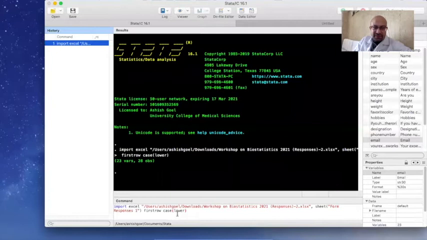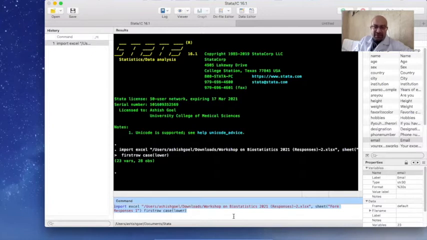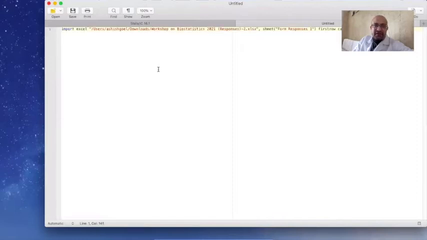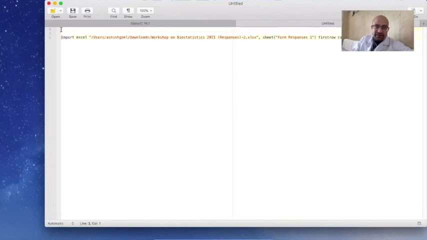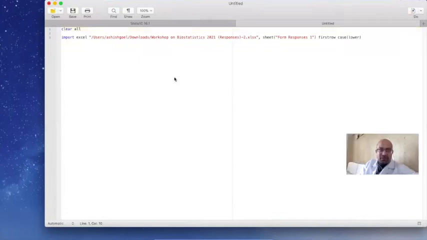So let's see, we had this command which was about importing a working data sheet or an Excel sheet into Stata working memory. I can just copy this command from here by using Control C, and paste it into my do file. Now this do file usually begins with a command, clear all, which will clear all the previous data sets or everything that is in the working memory of Stata, and it will give you a clean working memory which will not interfere with any new commands that you are writing in this do file. So once I start this do file, I start with the command clear all, which clears everything. And I can just paste this command, which I had just used, to import the data into the